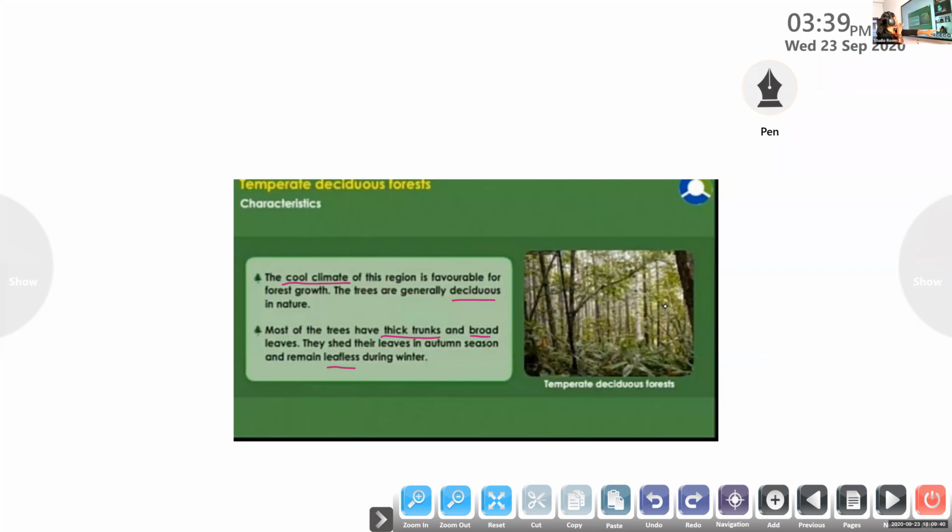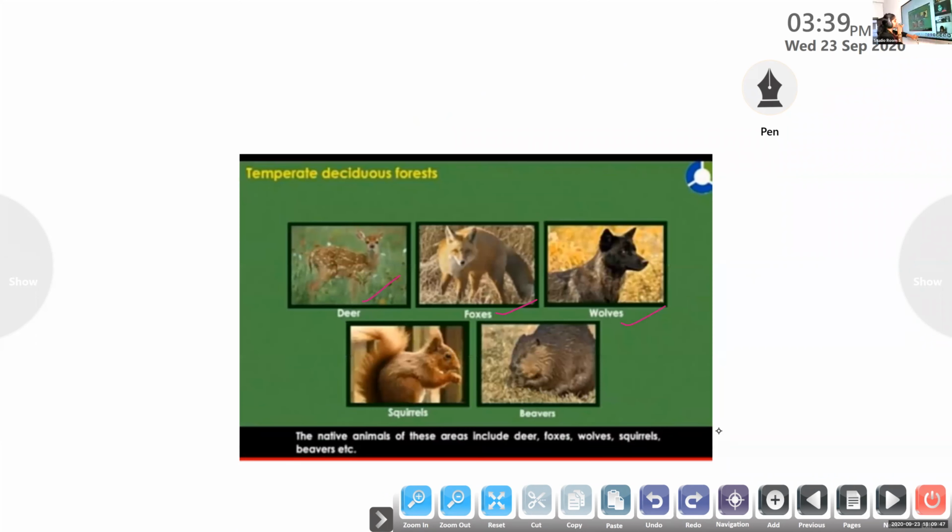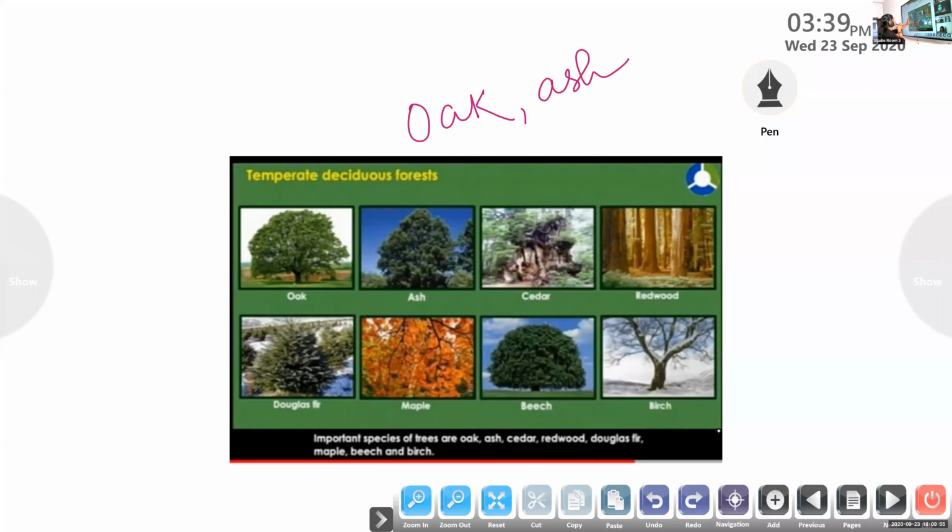And the main animals found in this region are wolf, fox, deer, squirrel, and beavers. And the common trees are oak, ash, beech, maple, Douglas fir, cedar, and redwood.